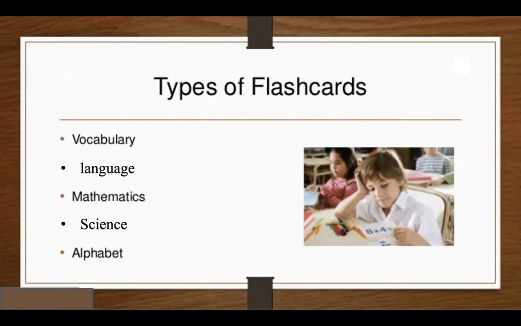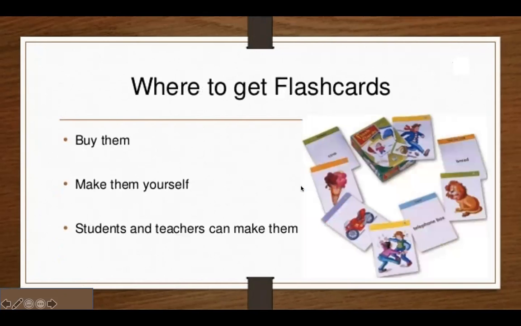Since I'm a science student myself, this flashcard method is really very useful for me personally. And then alphabets, of course. In Chinese we have got 80,000 characters, and 48,000 characters are still alive, and then 18,000 characters are still in use, and every college student must know at least 6,000 characters, 6,000 letters, imagine. So for us, these flashcards are really very helpful.